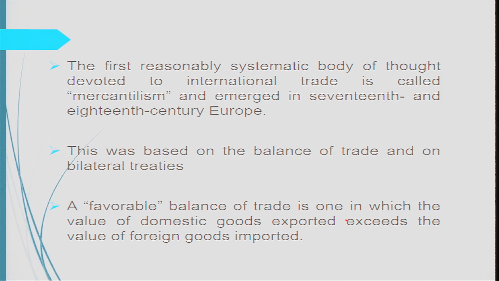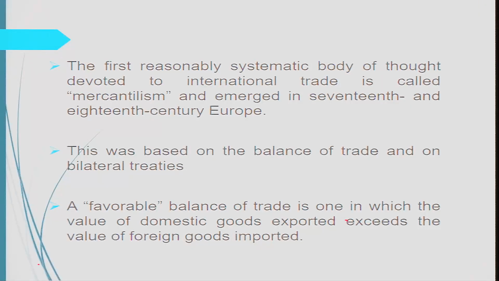A favorable balance of trade is one in which the value of domestic goods exported exceeds the value of foreign goods imported. What do we mean by the term favorable balance of trade? That means if country A is exporting its goods to country B and also getting goods from country B, that means country B is exporting its goods to country A. Now, out of this trade relationship, if country A has to pay less, that means it is gaining out of this trade relationship, then we call it a favorable balance of trade. For example,